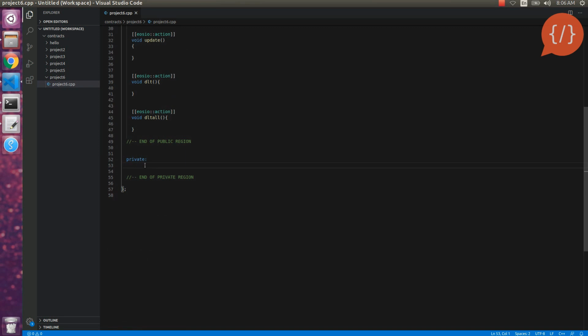The table is created using the struct and EOSIO table attribute. Struct and EOSIO table, and after that we will give our table or struct name, transfer,